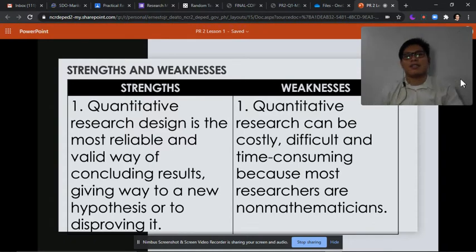So difficult kasi nga may computation, may statistical treatment, time consuming because most of the researchers are non-mathematicians. So that will be a problem kasi in quantitative research, we need to incorporate statistical treatment. So kung hindi ka marunong, you need to seek help from a statistician. Actually, kahit marunong ka, if you're studying in master's degree school, you need to get a statistician kasi hindi ka credible.